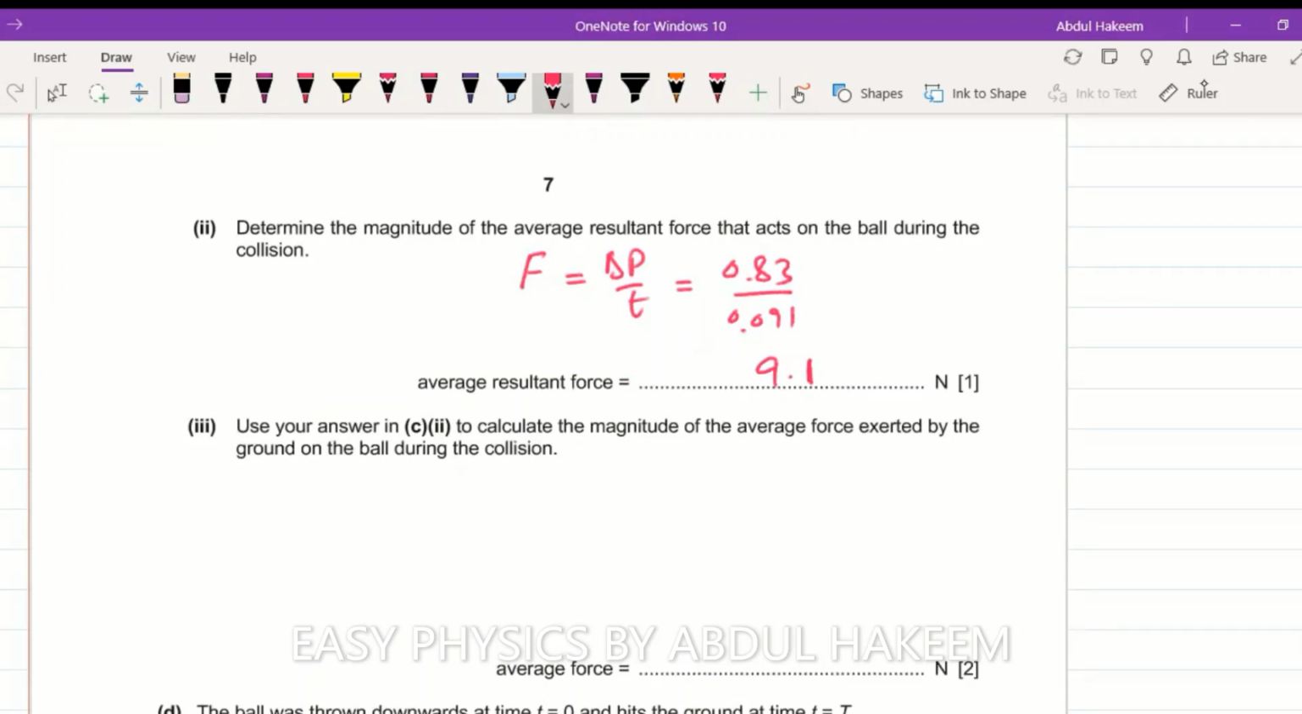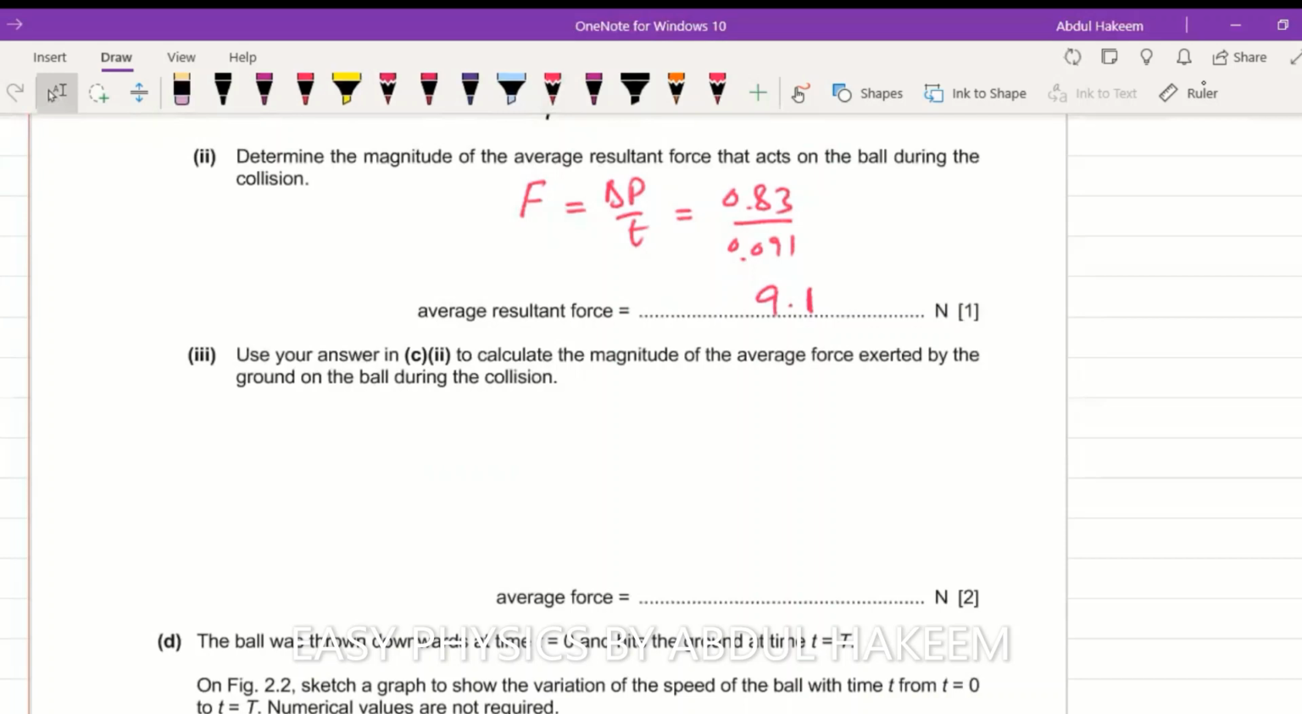Next, use the answer to calculate the magnitude of the average force exerted by the ground on the ball during collision. So look, two forces are acting. One is the weight, the force with which Earth attracts the object, the ball, downward. And as a reaction, the same force is exerted on the ball. So look, weight is acting down. As a reaction, equal to weight, but due to change of momentum, this force is also active. So as a reaction of the weight, the force is exerted